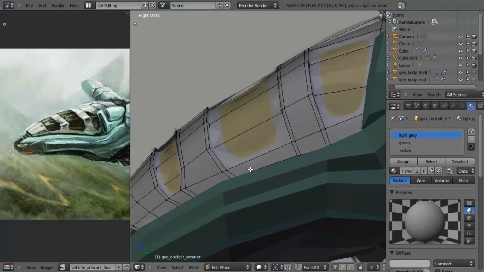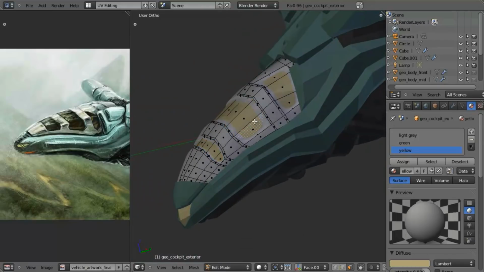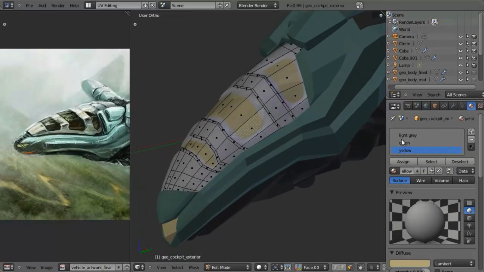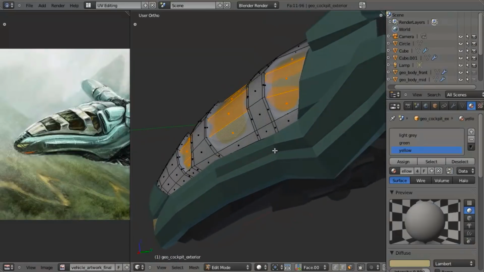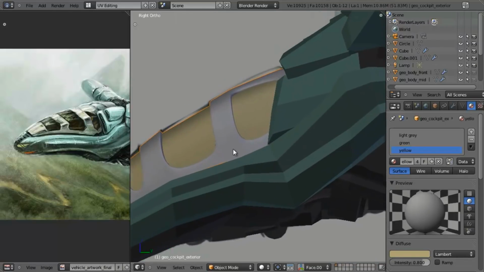I also want to go ahead and separate out the glass. So let's hit Control Tab to go into face mode. And this will just make it a lot easier to select all of the glass pieces. Or actually an even easier way would be, since we have our mesh isolated from the rest of the model here, we can just, in the materials panel, choose the yellow and click select. And while we're in face mode, that works really well. And now we can just hit Y to separate that,